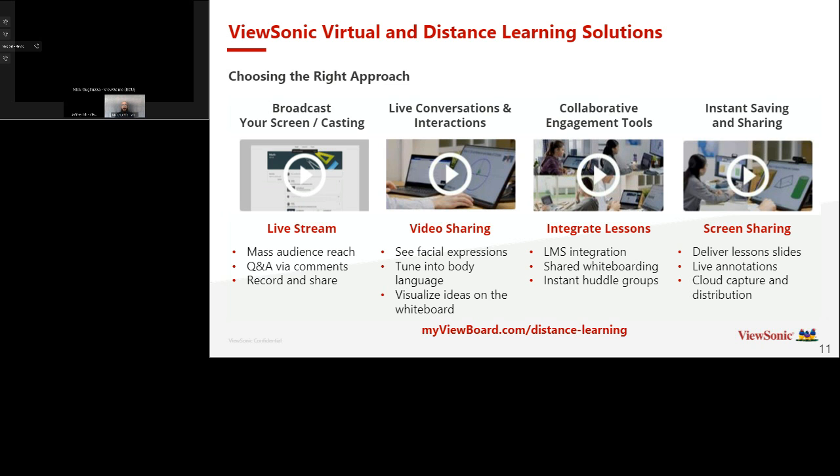So however you're using it, we have security built in, whether you're doing broadcasting or streaming, live video sharing, visualizing your ideas, or interacting with your audience. So everything from wonderful collaboration tools that a teacher can use, both touch or non-touch, or even using their own device, like their iPhone, to touch and control a laser pointer or use it on the screen itself. So really, once again, technology is only as useful as someone's comfort level.